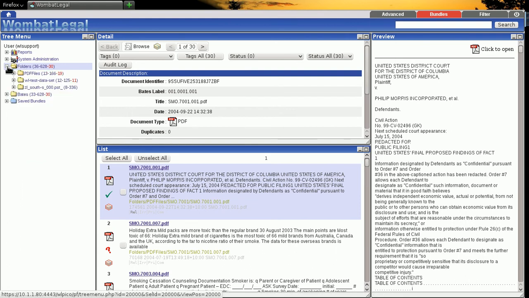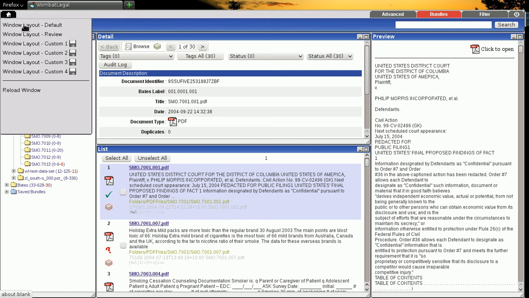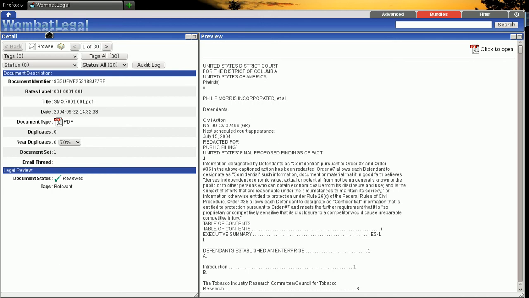And we can drill down into the folder structure and we can see how they are distributed through the whole system. So now we have a more manageable number of 30 documents. We can go through and review those one by one. So what I'll do is I'll put the system into the review layout. All that does really is move the windows around a little bit, and I can